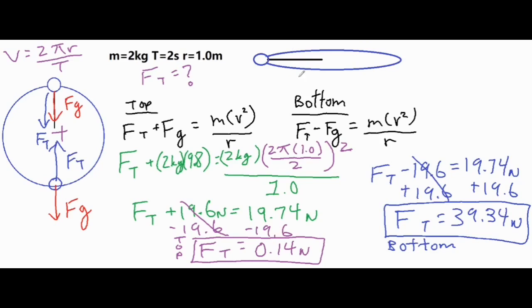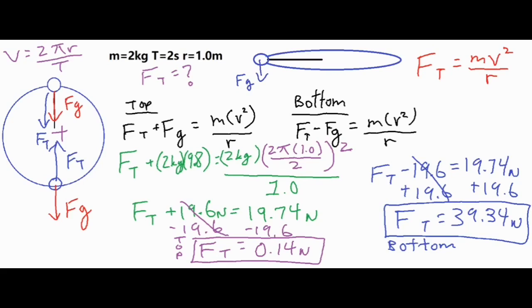Now, when you're working out a horizontal circle question, I'm not going to work that out in its entirety, but FG in this case isn't pointing towards the center of your circle or away from the center of your circle, so you don't need to include it with setting up your formula. So if you were to set up a problem like this, basically all you would do is say that FT equals